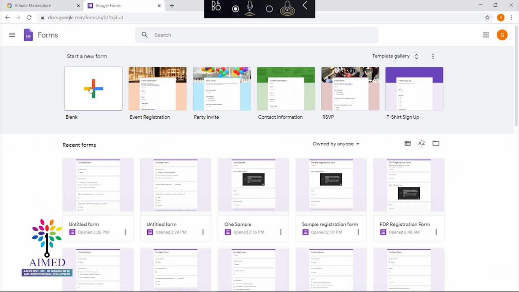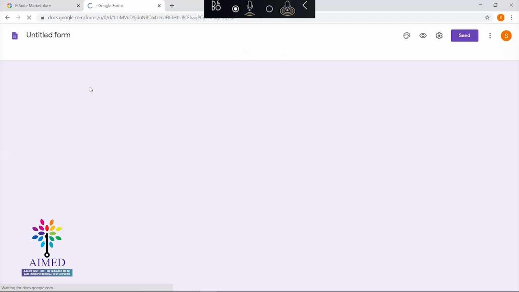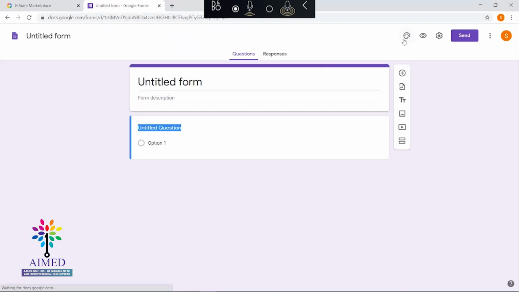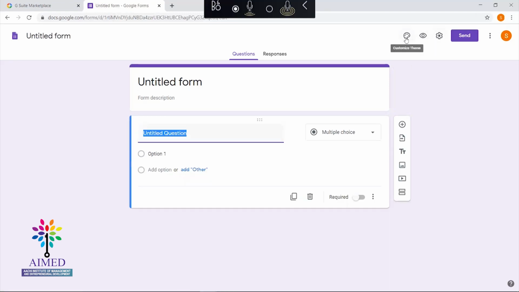Here, if you click on new form, on the left-hand side you'll see 3 buttons: one for customizations, another for preview, and another for settings. If you have any installed add-ons, one more button will appear here for add-ons. As of now, we haven't installed any add-ons.